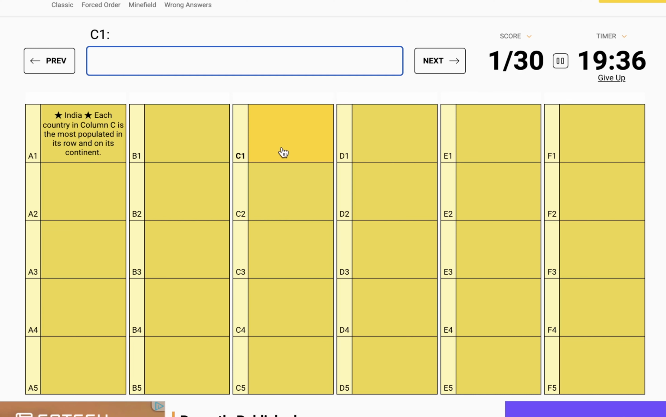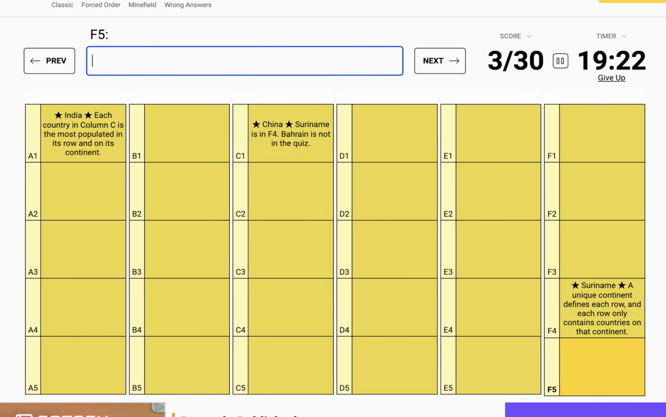The only country more populated than India is China, and I think they're going back and forth right now. So Suriname is in F4. Bahrain is not in this quiz. Okay, Suriname. A unique continent defines each row, and each row only has countries on that continent. So I think that's leading me to C4 here, which is going to be Brazil, because it is the most